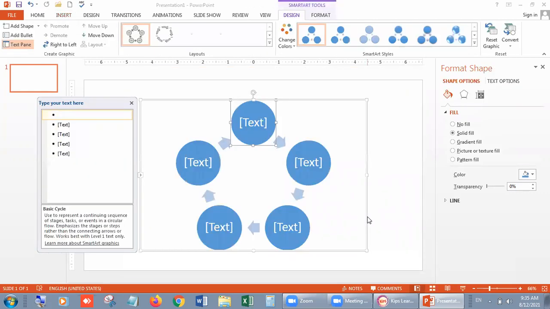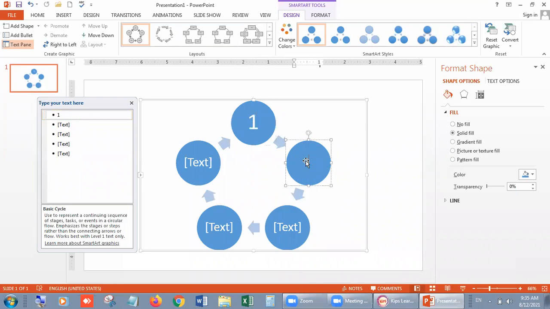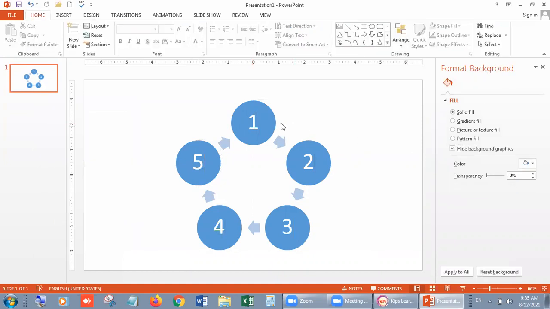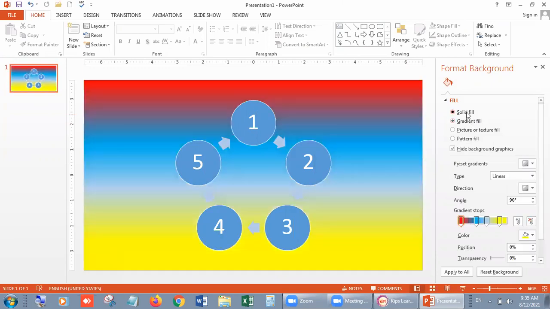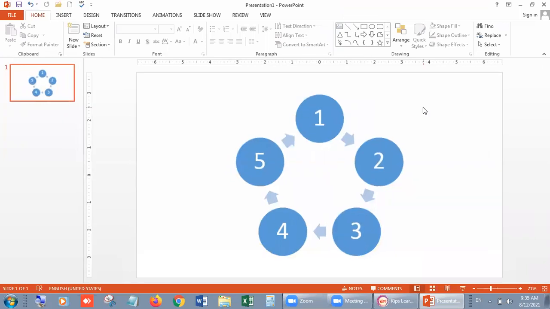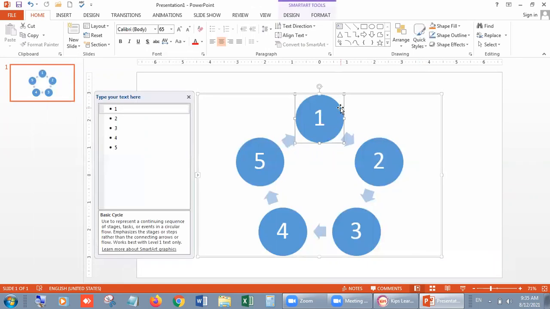When you click OK, you will find the related image on the screen with the text option. Suppose I am using this 1 and 2. You can write anything according to your requirement, right? 3, now 4, and finally 5. Okay, beta. So in this way, you can change it, or you can change the color as well. The background option is the same as I told you right now. So I am closing it so that you can understand it in a bigger way.